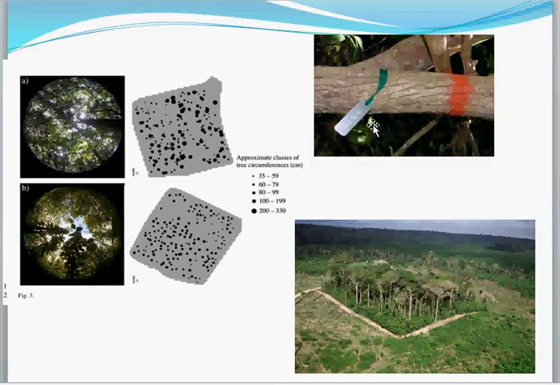Now you can imagine that knowing how quickly species grow is going to allow foresters to understand how long they need to leave a forest